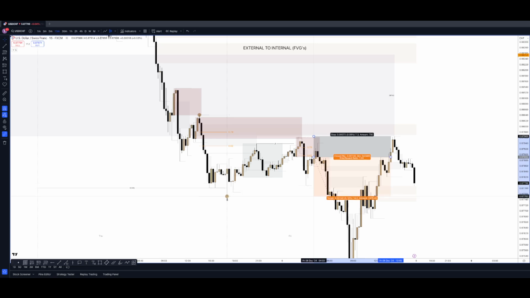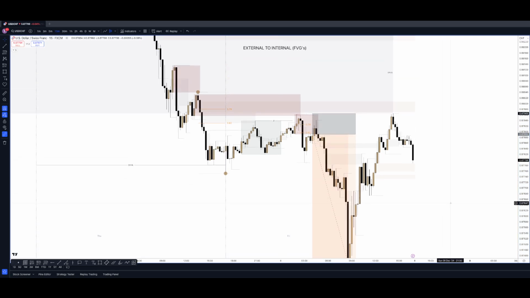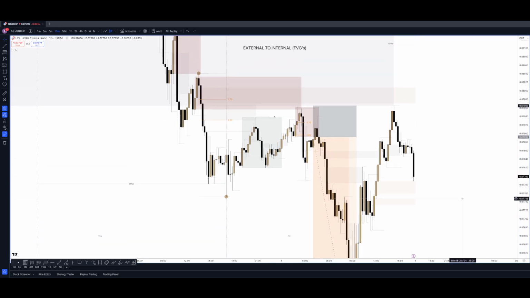Or ultimately targeting your higher time frame drawn liquidity, yielding a fantastic 6.2 R. Now, looking at these markets, yes, in hindsight, it looks pretty simple, but I assure you, if you go